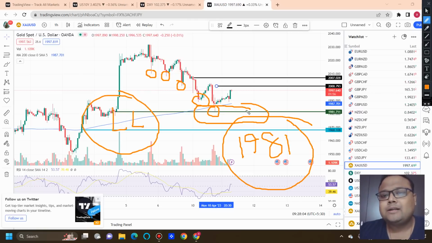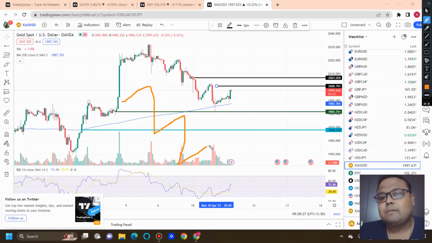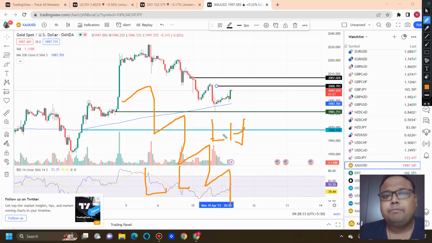If you see the market taking support around the 1981 level, you can go for a buy position as well. But if you see, just like the previous time, the market falling with a big red candle, then obviously use your common sense. Don't take a buy position. Then you will get a clear idea that the market will be breaking the 1981 level. The present structure of the market is that it is forming lower lows and lower highs. But tomorrow we have CPI and the market has already been forming lower lows, so that's why we are thinking the market may take support this time. But if the market doesn't listen to us and breaks the support, obviously you need to avoid.